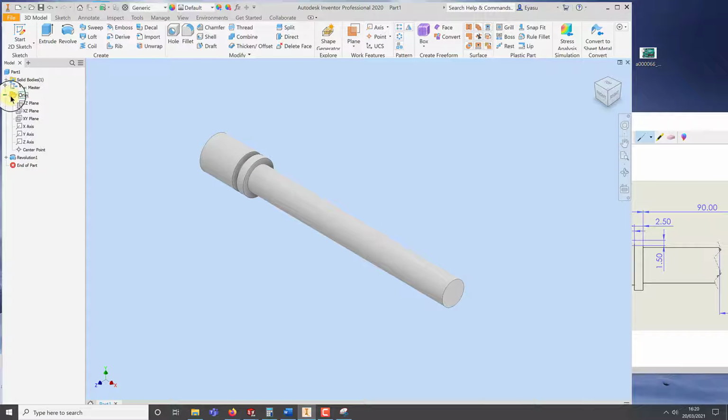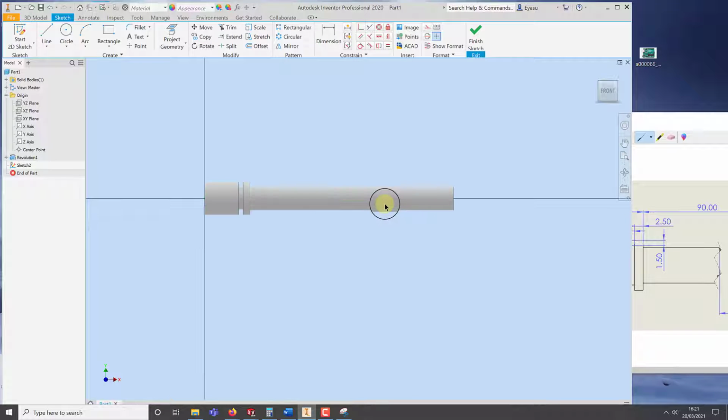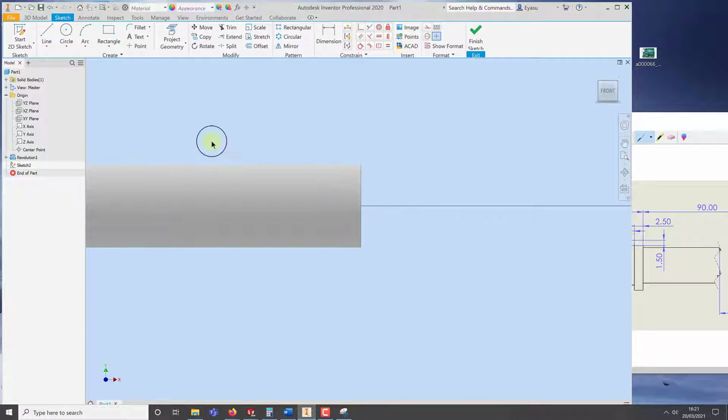So I'm going to click onto the plus sign and open origin and look at one of the planes. So I think this plane is good, XY, right click, new sketch. Okay, now I could go and sketch my profile for my